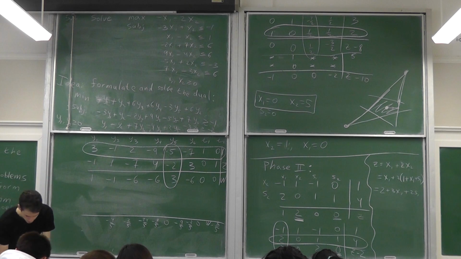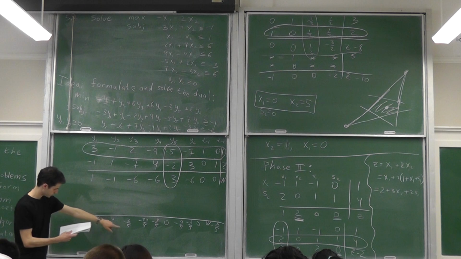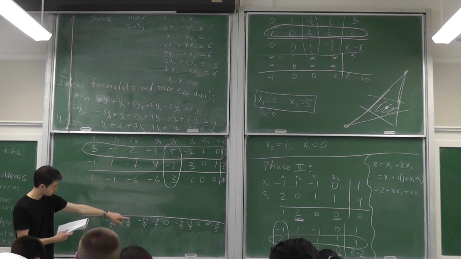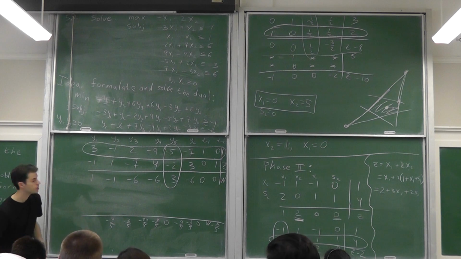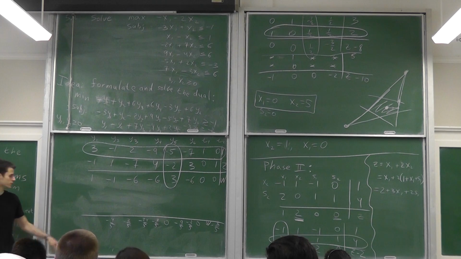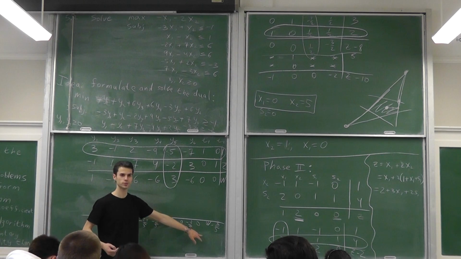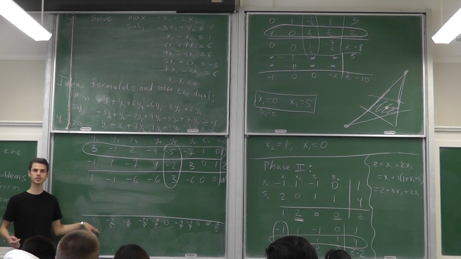So I hope we didn't make a mistake. 4 fifths, 2 fifths, 3, yes, looks right. And what's good is that already in the first pivoting I got all the coefficients being negative,